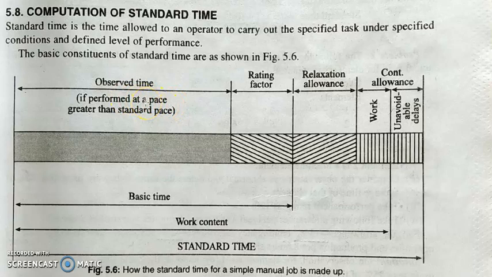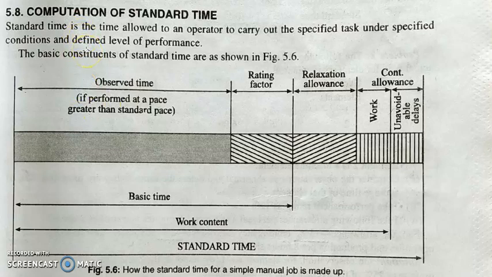We know that an element is a distinct part of a specified job selected for convenience of observation, measurement and analysis. So in this case, once a work is divided into elements, we have to note or observe the time required to perform that element. So usually when the elements are selected for a particular work, the next step is to start to note the observations regarding the time.